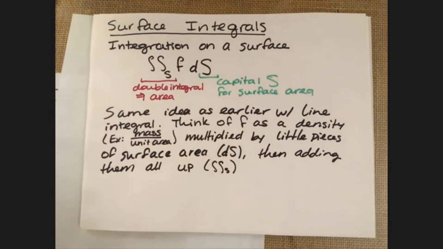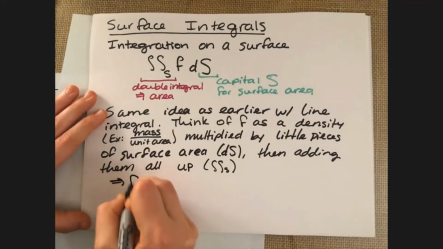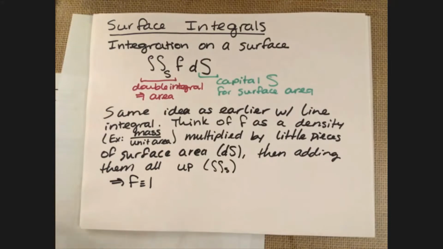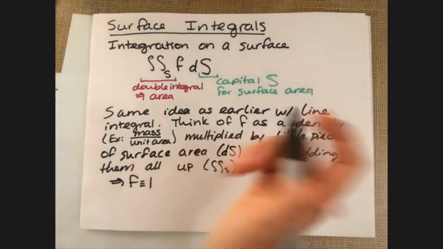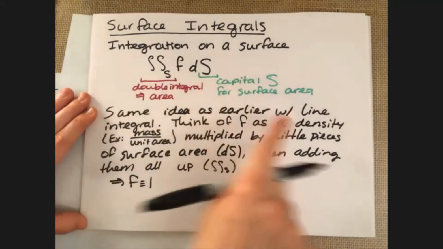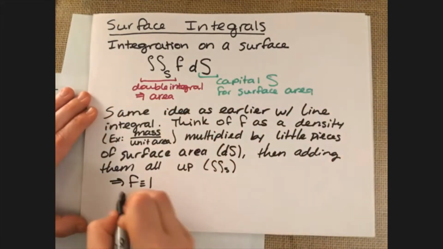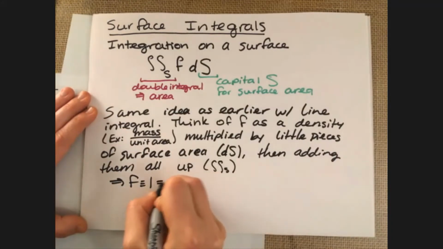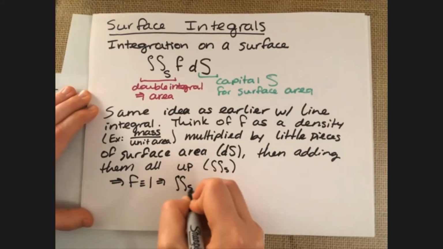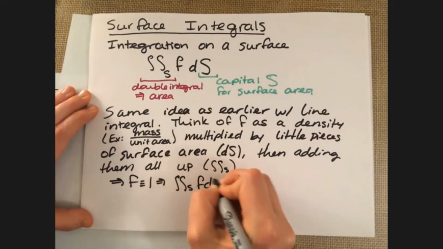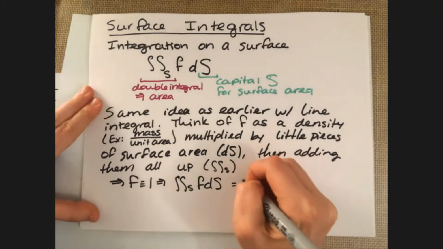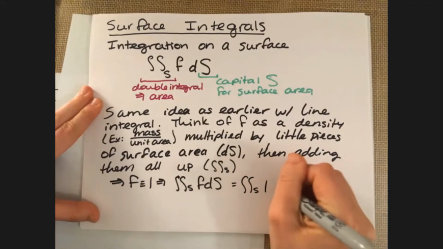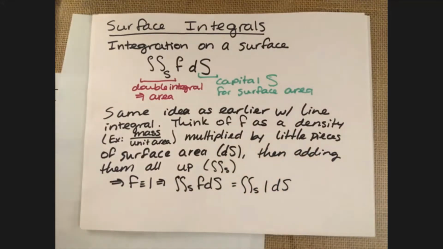Okay, so what that means, though, is that if you ever wind up with a function that is just simply equal to 1, then just as taking a line integral with a function equal to 1 gave us the length of the curve that we were looking at, if f is equal to 1 and we look at this integral, we're going to wind up with just the total surface area of the surface we're looking at. So if we have the double integral over that surface S of f dS, the way to write this out would be the double integral over S and then multiply by 1 dS. And the way that we read this integral here,